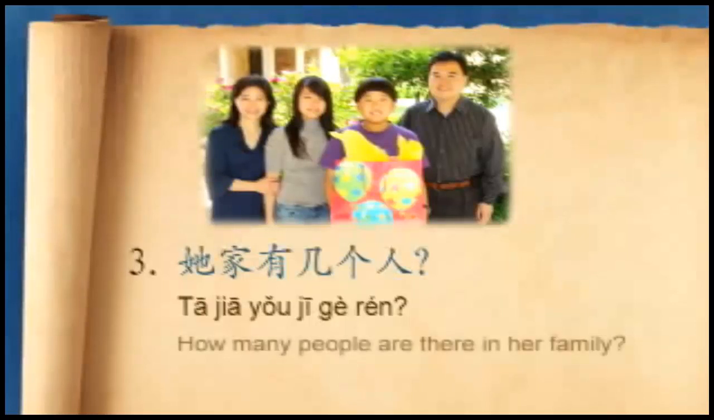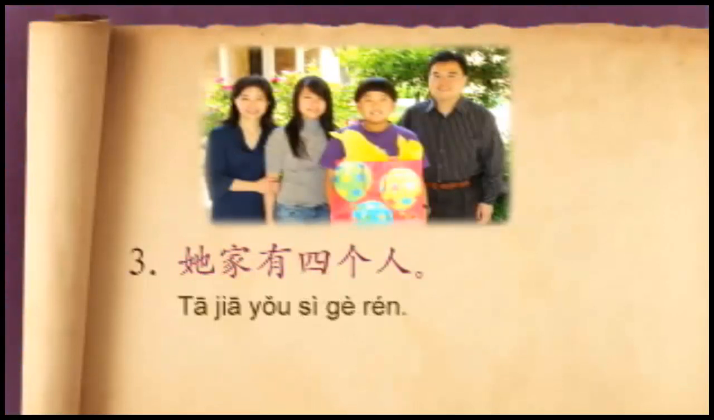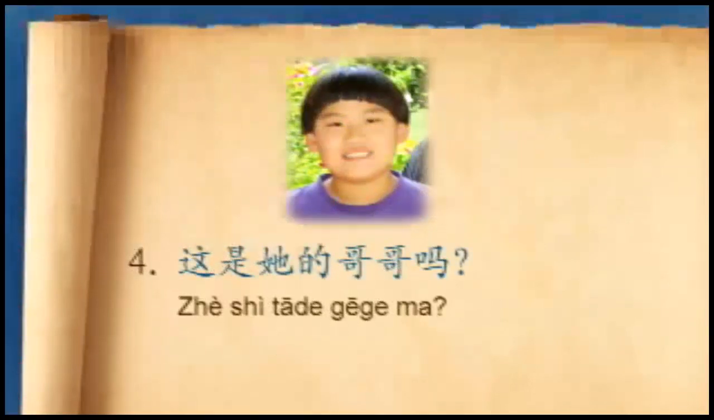How many people are there in Bai Xiaoyu's family? Yes, 4 people, 4个人。The correct answer is 她家有4个人。Her family has 4 people. 她家有4个人。Are you ready for the next question? Question 4. 这是她的哥哥吗？这是她的哥哥吗？